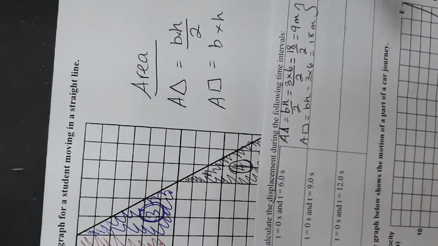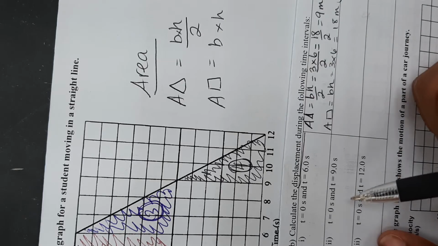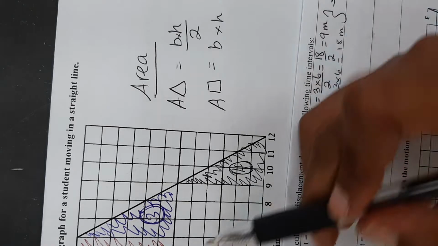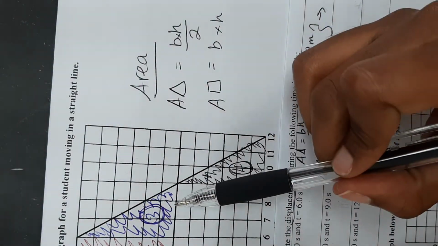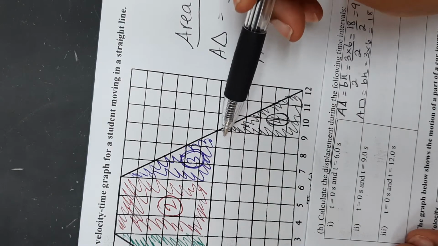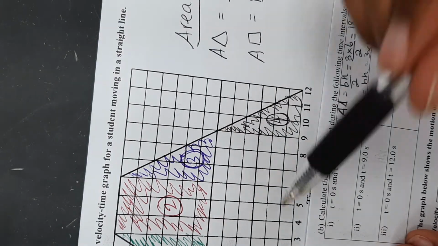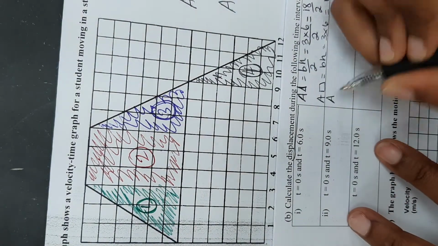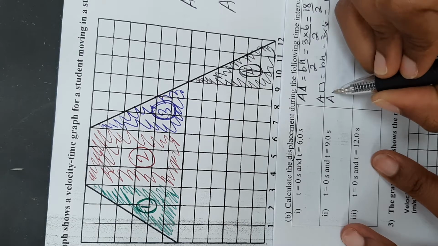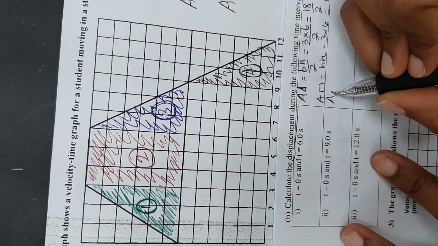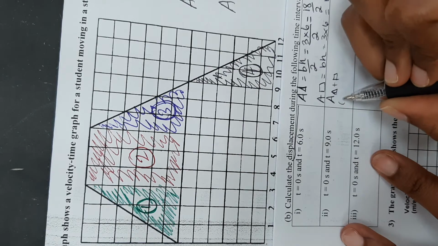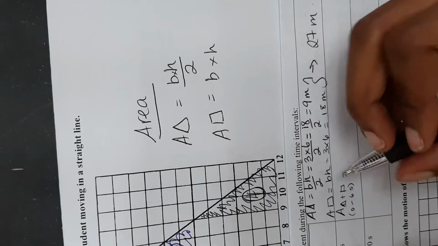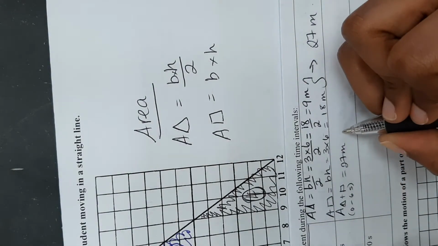All right, second part, we want to know the displacement between 0 and 9 seconds. Well, we already found the displacement between 0 and 6 seconds, so we just need to calculate the area of this section up to the 9-second mark, and then we add that to the previous answer. So the area of the triangle plus the rectangle, which is 0 to 6 seconds, we know is 27 meters plus